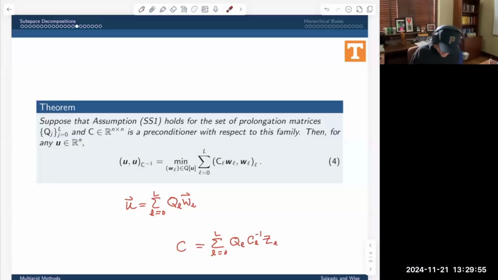So this is N by M_l. This is M_l by M_l, and each one of these C_l's is symmetric positive definite, so I know that its inverse is, and then finally this has M_l rows and N columns. So this whole thing is N by N. I sum them all up and I get this object in N by N. So everything makes sense. So these guys are in the definition